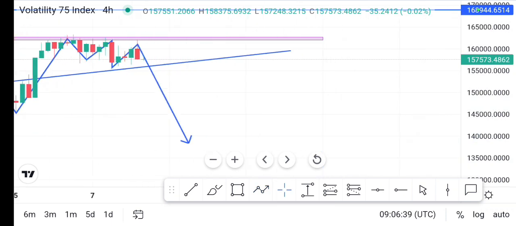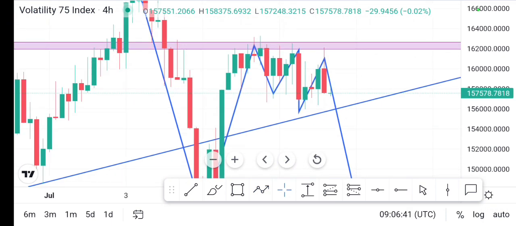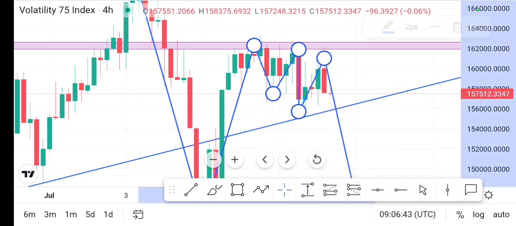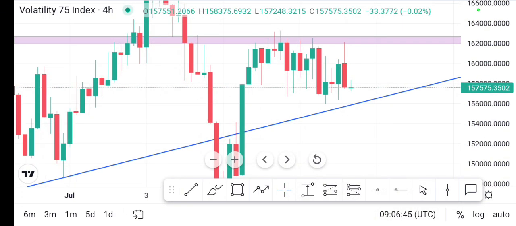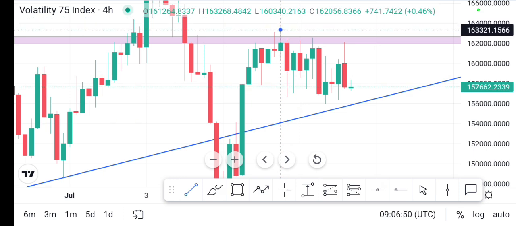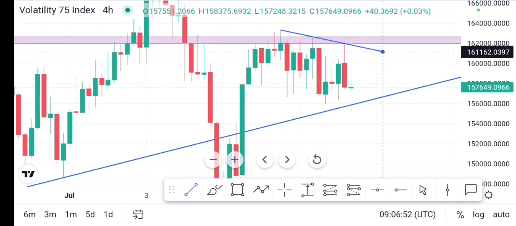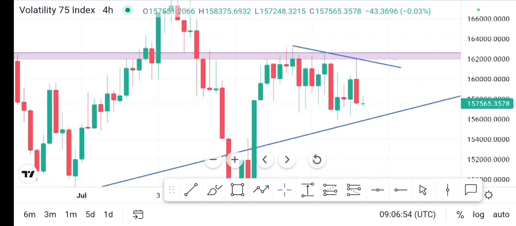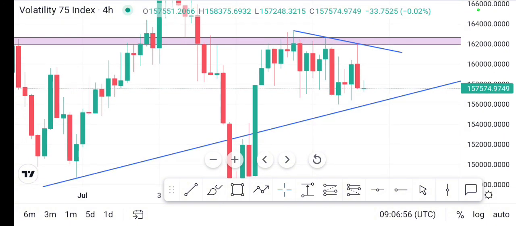Because if we zoom out very well, you can see around this place, here very well, that the market is not breaking above, it is failing, trying to break above, failing, trying to break above, failing. You can see it just keeps dropping, it keeps doing that, it keeps dropping.